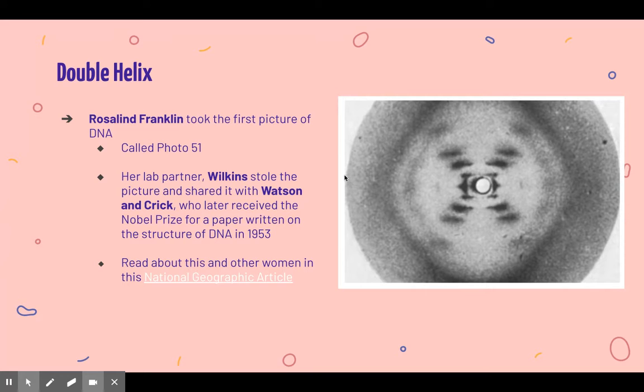So she was working in a lab, and her lab partner, Wilkins, he was also doing his own research on DNA. And he saw her photo. Of course, they're working in the same lab. They are exchanging thoughts about DNA. And he took her picture and he shared it with Watson and Crick, who are the names that you normally